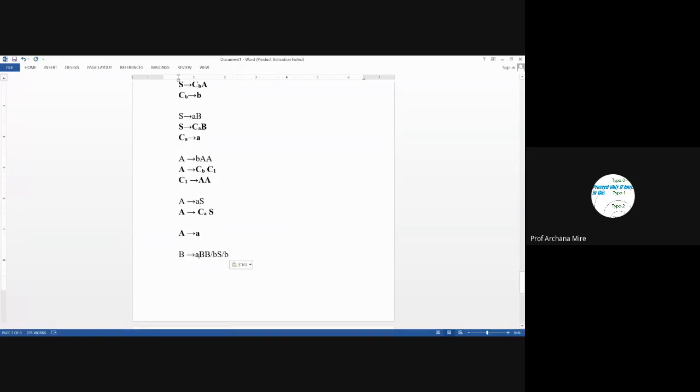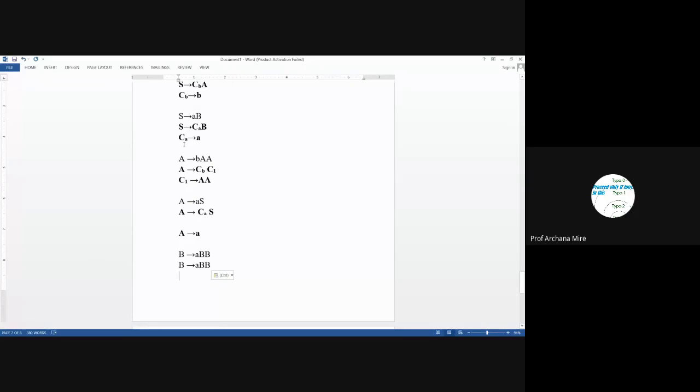B leads to ABB. So once again, what we will do? We will be replacing this A with the new non-terminal CA.